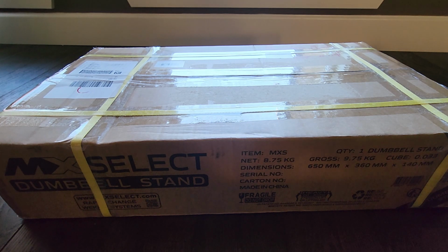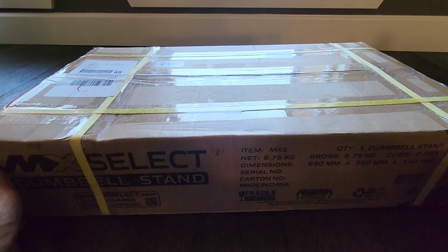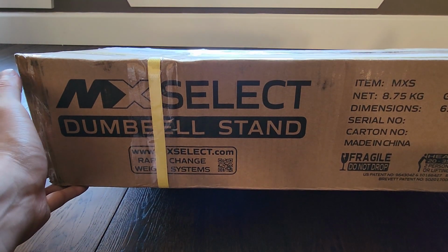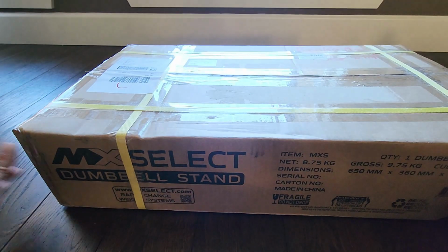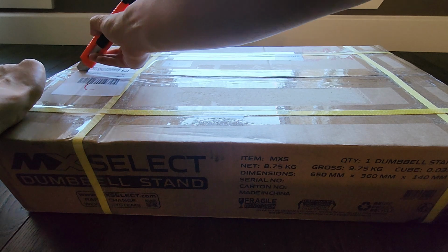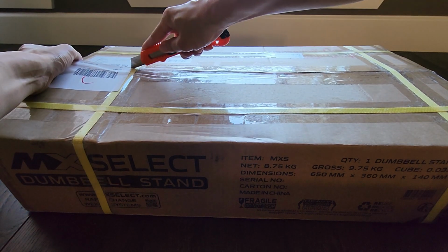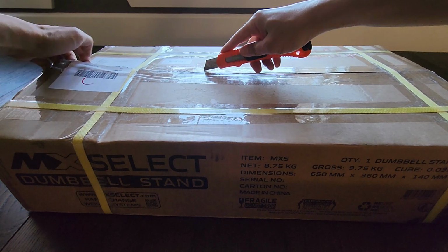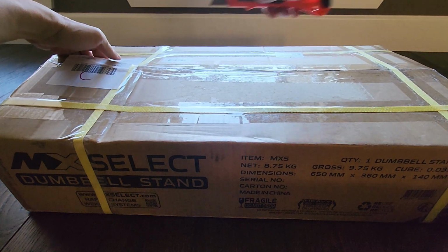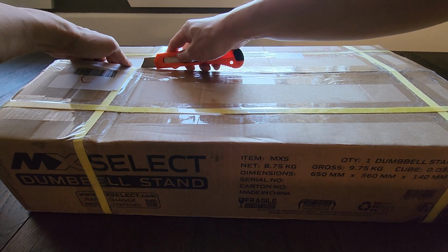For those who watched my video a few videos ago, I picked up a set of the MX Select 55s, and I was kind of bummed out because the place I purchased from didn't have any more of the stands, and I think there's a lot of utility that you get from the stand. So I went out and I bought the stand,